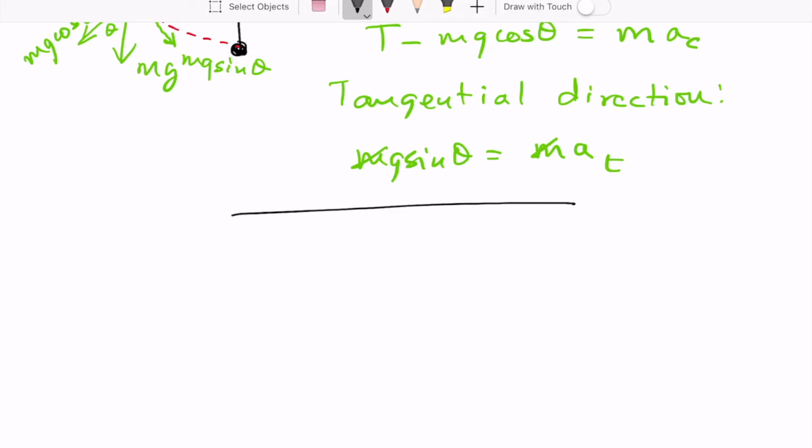If an object is moving in a circular path, it has to have a centripetal acceleration. And then if it's speeding up or slowing down, it will have a tangential acceleration, right? So there are two accelerations that could be associated with an object in circular motion. The essential one is the centripetal acceleration,